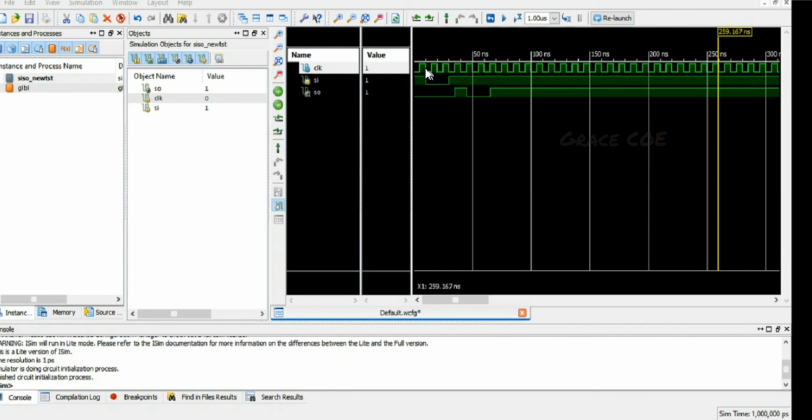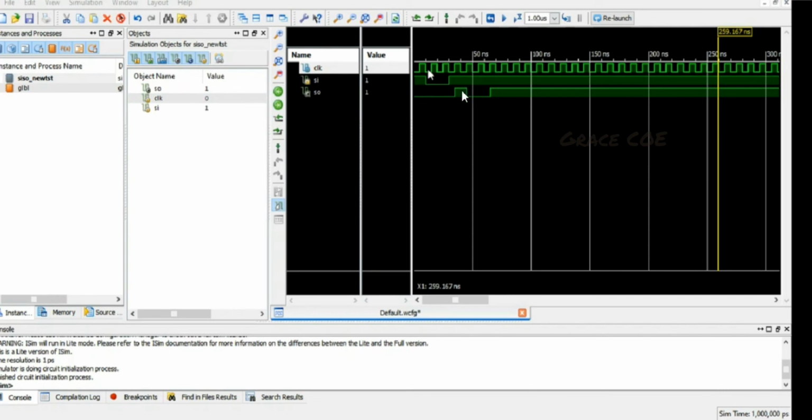So you can see 1, 2, 3 and 4. Only at the fourth clock pulse you can get the output. So the 1 bit we have given here is appearing at the output only after it has been shifted along the remaining 3 flip-flops in order to reach the output. So it takes almost 4 clock pulses for the first bit of input to reach the output.